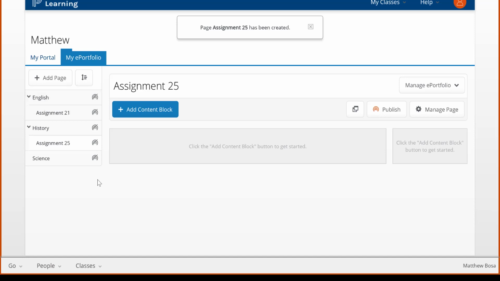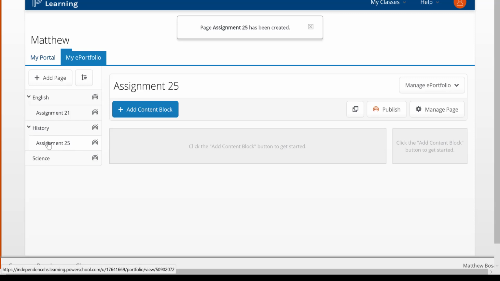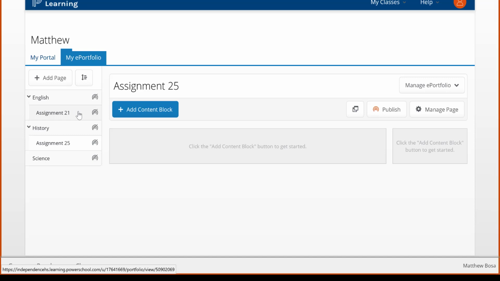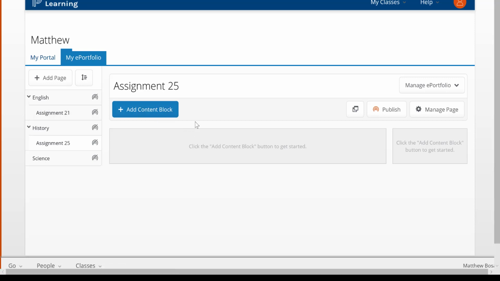For every assignment you work on, you're going to create an assignment page under that subject. That way, your teacher, as well as yourself, will know where the work is that you have done for that assignment. If your teachers cannot find your work, it's going to be very hard for us to grade it. Once you create the assignment page,